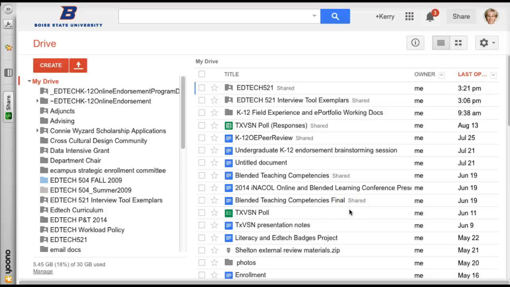Hi, I just wanted to give you, those of you that need it, a short tutorial on creating a Google folder and demonstrating how easy it is to upload your content to a folder and then share it with others. And so what's neat about Google Docs is once you create a folder and you set a shared policy for